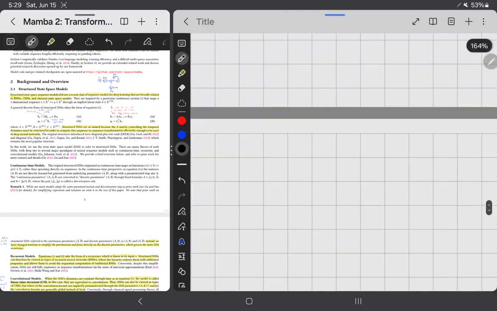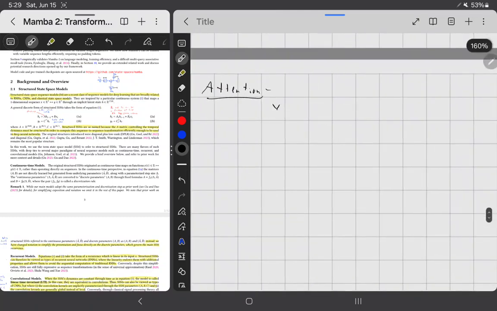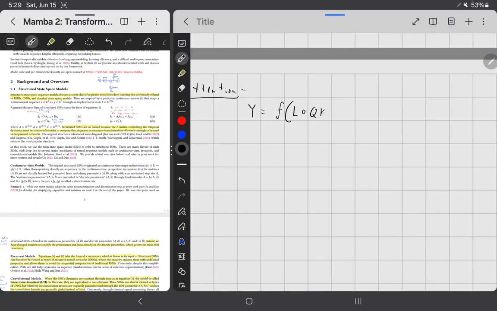So let's move on. Now attention. Attention is all you need. Well, apparently not, because it's quadratic. So attention really isn't all you need. Or maybe it is, who knows. But attention is formulated as this here, in the general sense. So you have a function of some mask L of QK transpose times V,